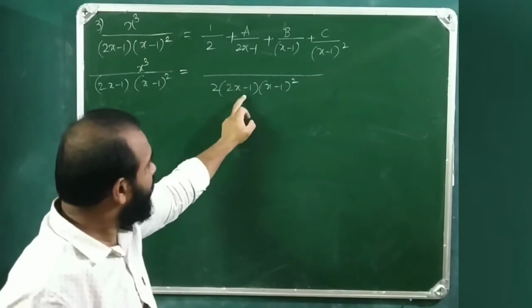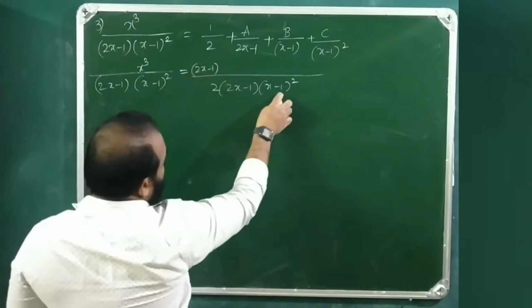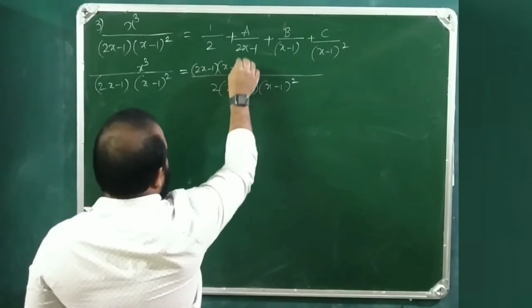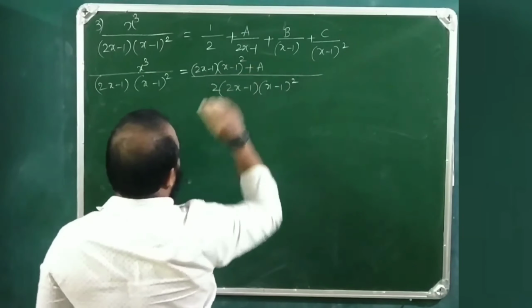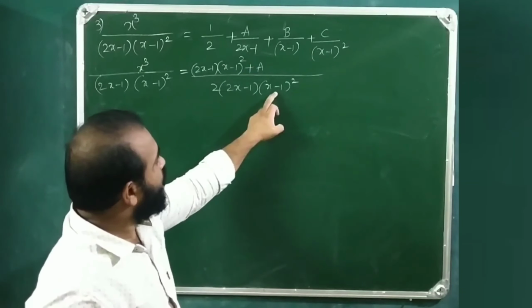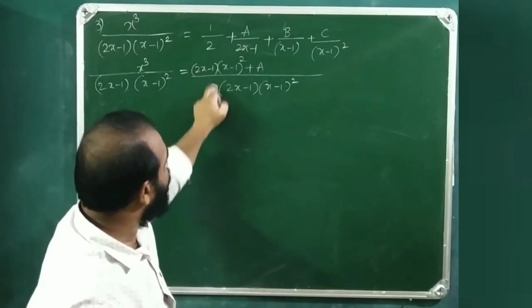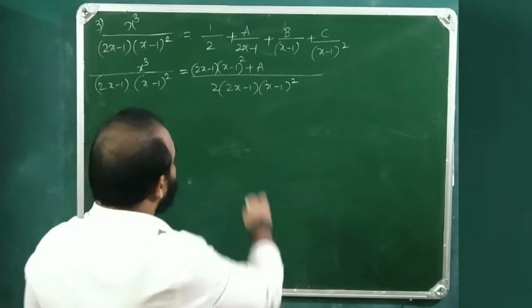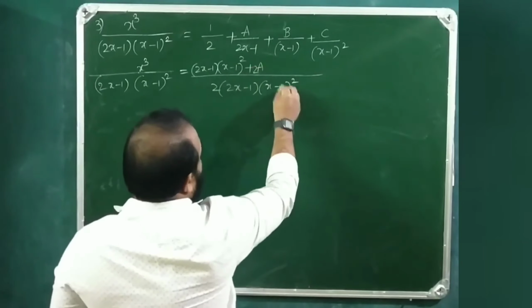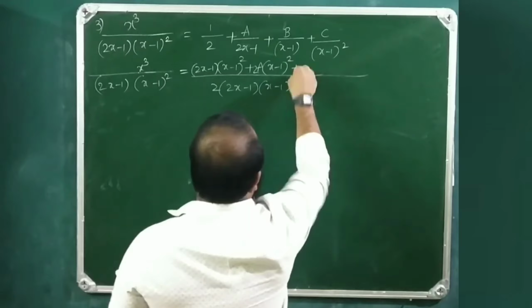We are left with this 2x minus 1 into x minus 1 whole square plus a into 2 into 2x minus 1 into x minus 1 whole square by 2x minus 1. This gets cancelled. We are left with 2 into a, 2a into this. So 2a into x minus 1 whole square plus